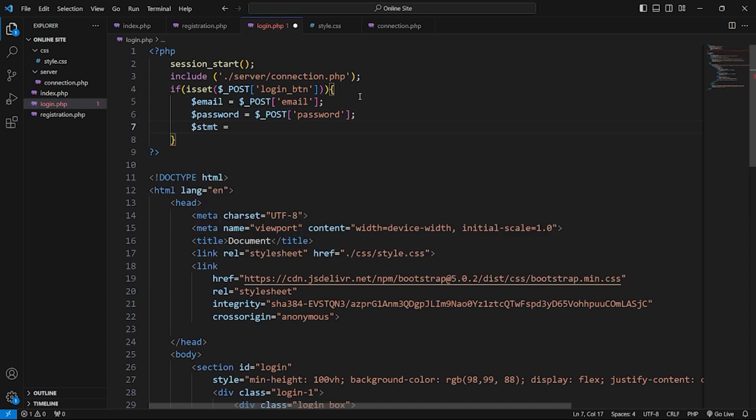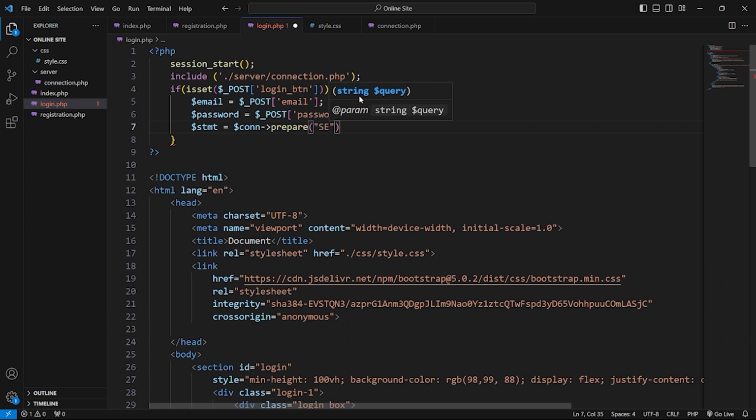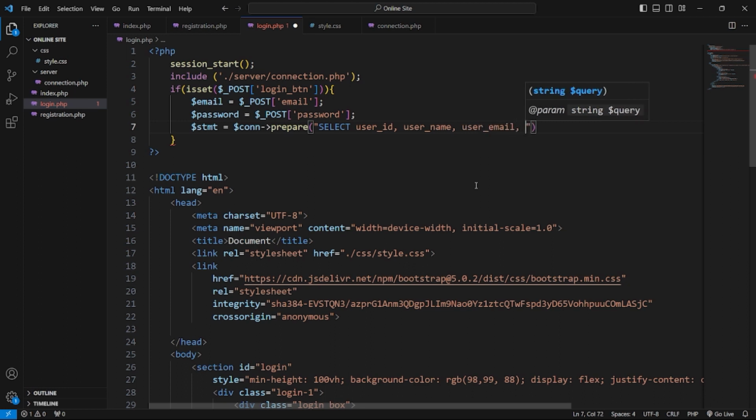And a statement con prepare, and in double quotation select user ID, user ID, username, user email, user password from where in our database,